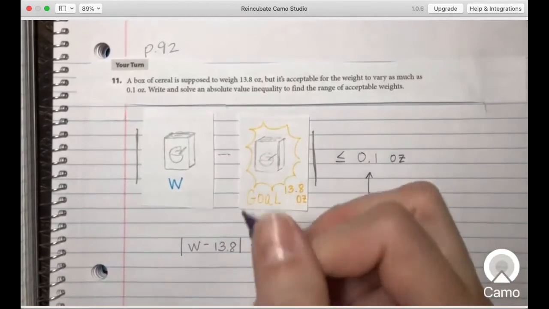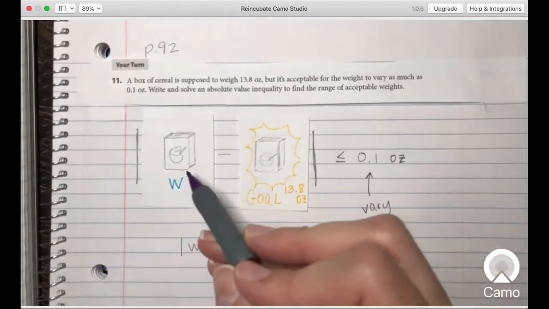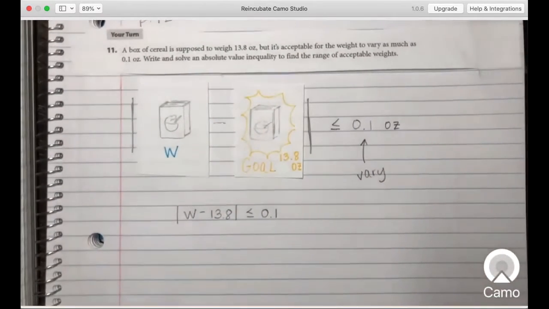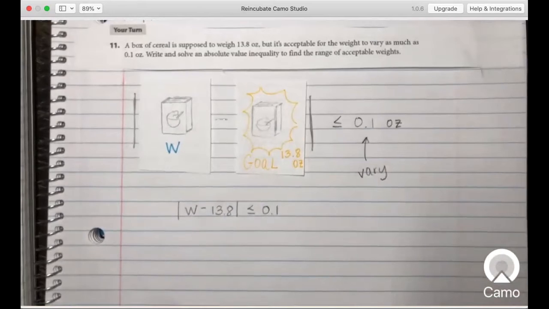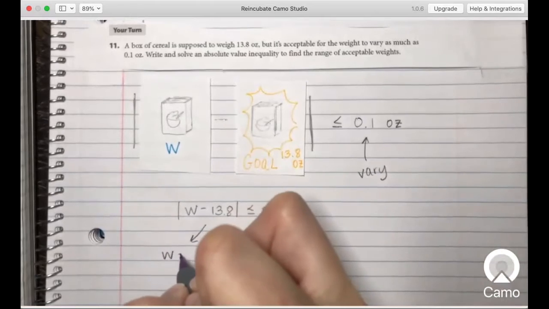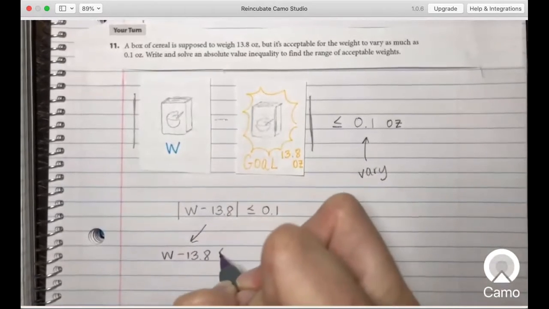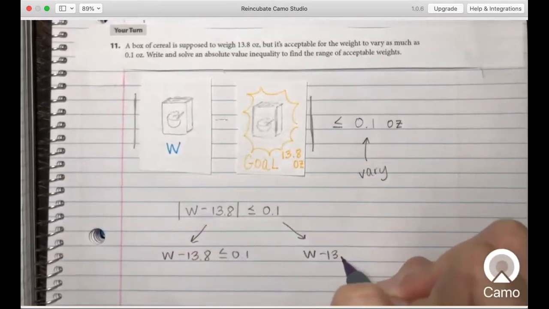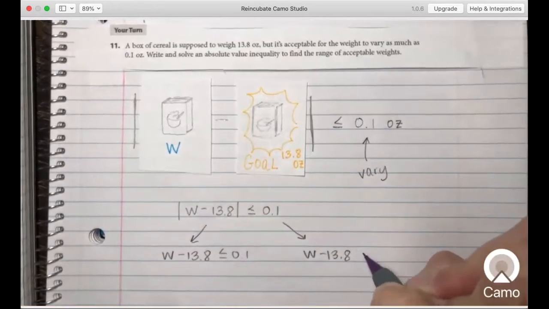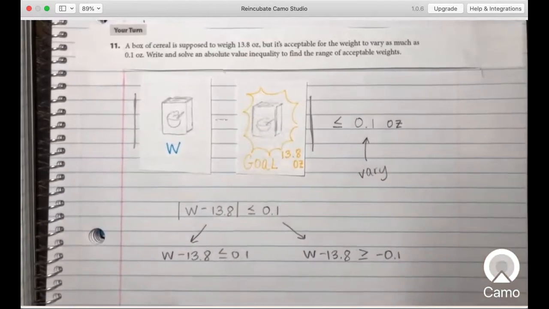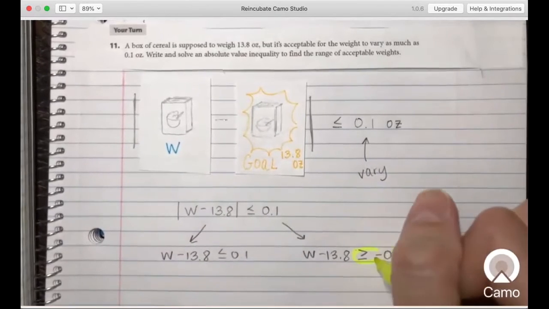Okay, so remember, this is our goal. This is just whatever box of cereal we're testing. And what we can do is solve this, and we'll have a range of acceptable weights. And after you solve a couple of these, you might already notice a pattern. But we're going to go ahead and solve it out in case you don't see any patterns yet. I always encourage you to look for patterns. So we're going to have the negative end over here. So we're now going to change the sign. So it'll be greater than or equal to,